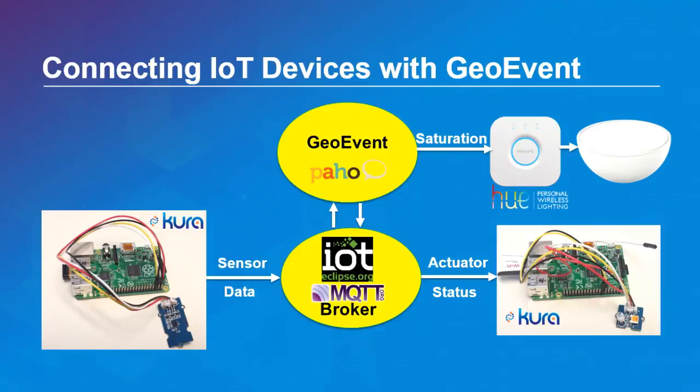In this demo, it has a service that reads the temperature data from the topic. It subscribes on the MQTT broker and then sends updates to a REST endpoint on the Hue bridge. It also publishes data back to another topic on the MQTT broker, which turns the LED light on and off. And the Hue bridge and the GeoEvent, on the other hand, must be running on the same network, because GeoEvent sends data directly to the REST endpoint on the Hue bridge. So in this case, the GeoEvent also acts as a portal for the Hue bridge.